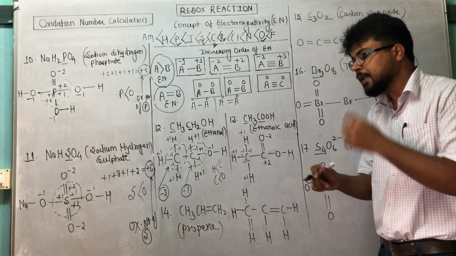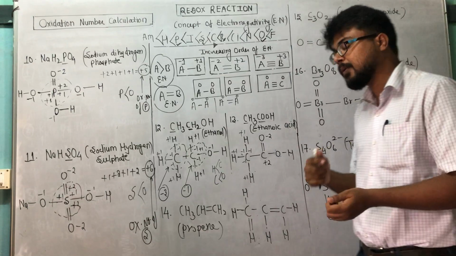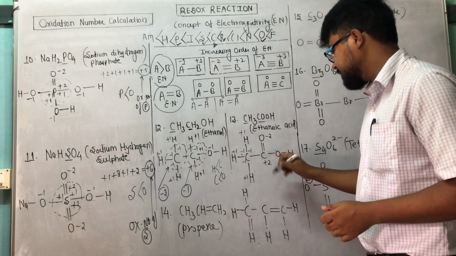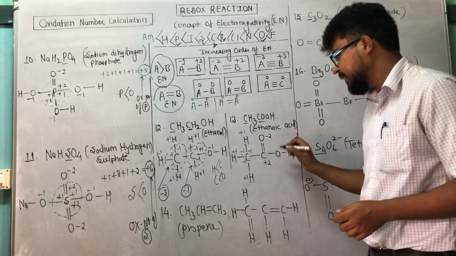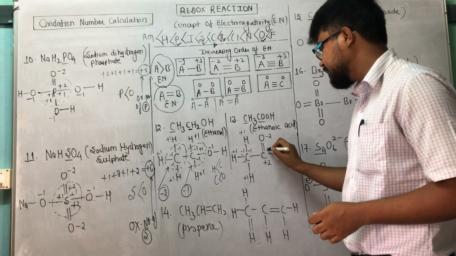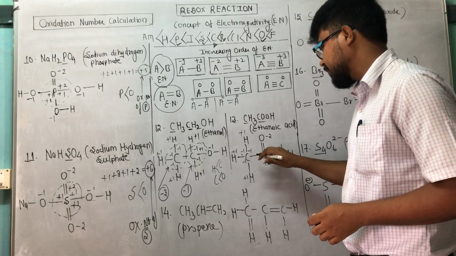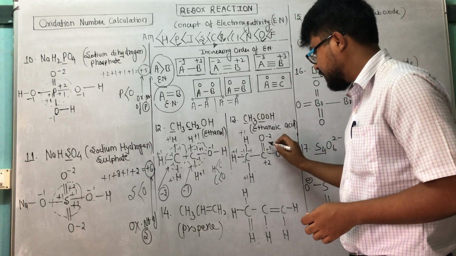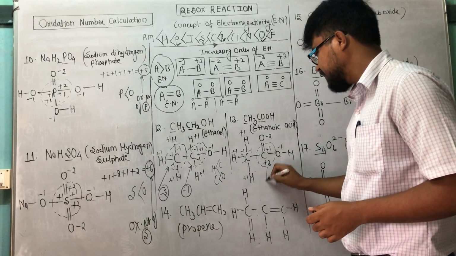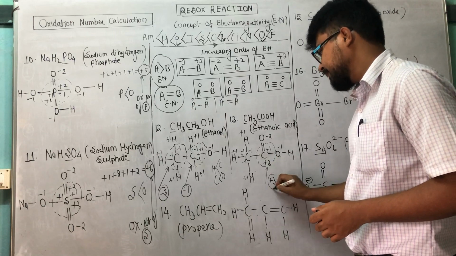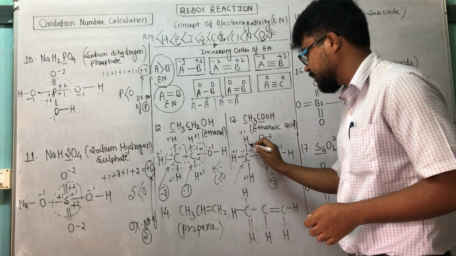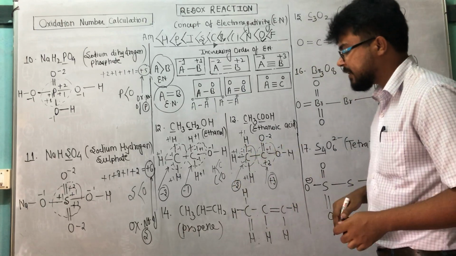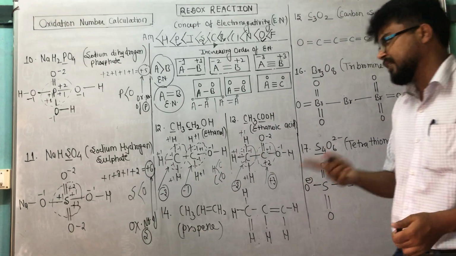Why -2, +2? Because here it is a double bond, and for a double bond the contribution is how much? 2 unit charge. Correct? And for this, carbon and oxygen, it is -1, and it is +1 with respect to this bond. Correct? I think it is now clear. -1 and +1. Now check. +2 +1 is how much? +3. Here -1, -1, how much? The answer is total -3. So the ox number of this first carbon is -3. The next carbon is +3. Correct?